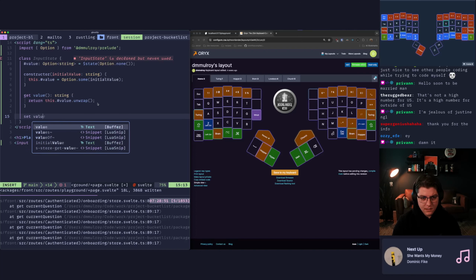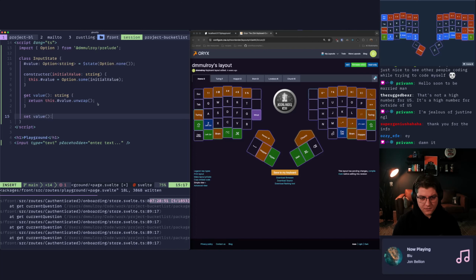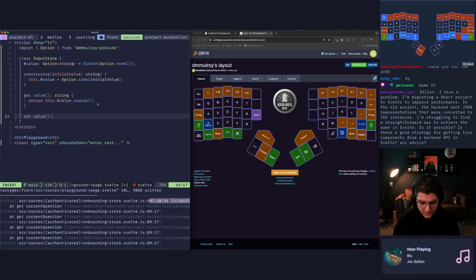I'm seeing if I can get Svelte's reactivity system working with options in a class. Somebody asked me about routing. Drain Gang Laser asked, React dev here, how does routing work in Svelte? Front-end routing is all file-based, so it's super similar to Next, but things like data fetching are quite different, and I think it's a little bit nicer in my opinion.